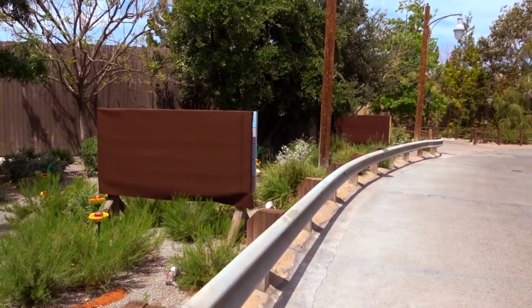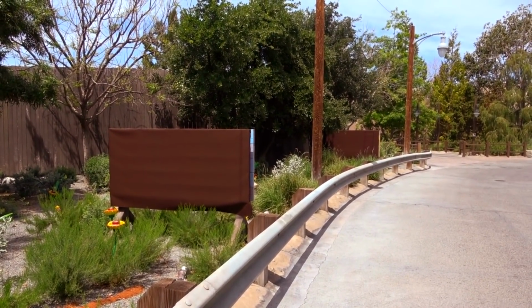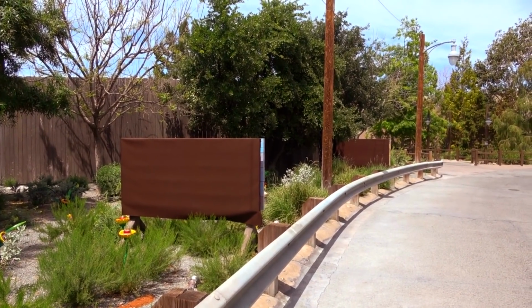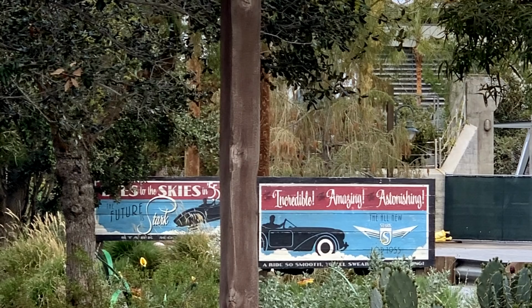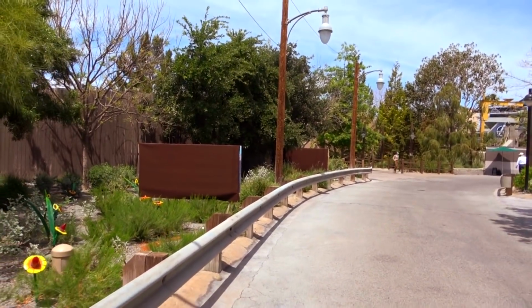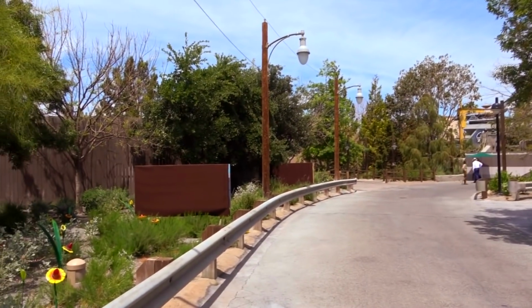Now they've hidden them here, but somebody got a photo of this before they covered them, and these are 50s era advertisements for Stark Automotive. I think it was Stark Automotive. I don't have the images on me right now, but I'll put them here. But that's how it's going to look as you walk into Avengers Campus, which is really neat because you've got this old school, vintage feeling for Cars Land. Certainly they don't apply it when you get into Avengers Campus proper, but when you're here in Cars Land, it's